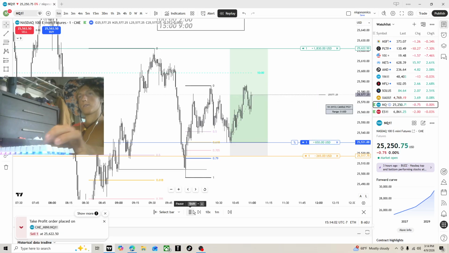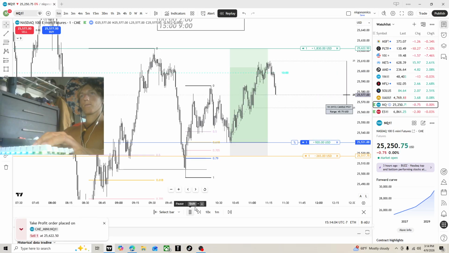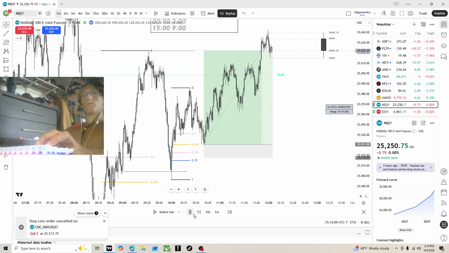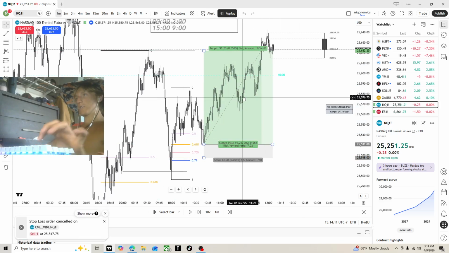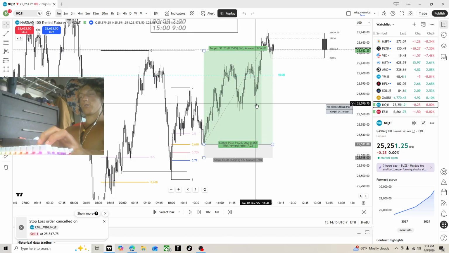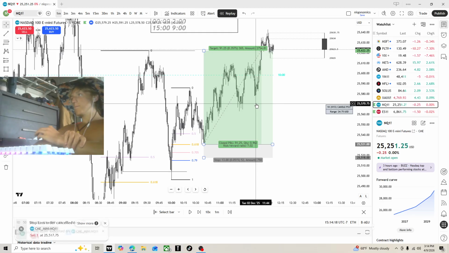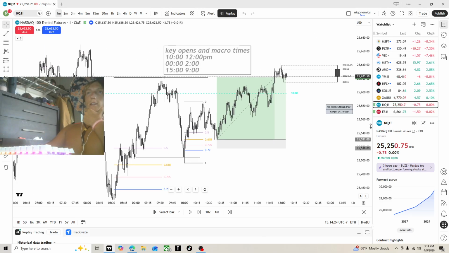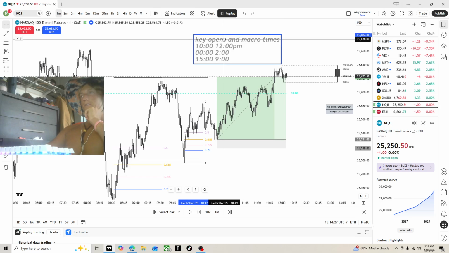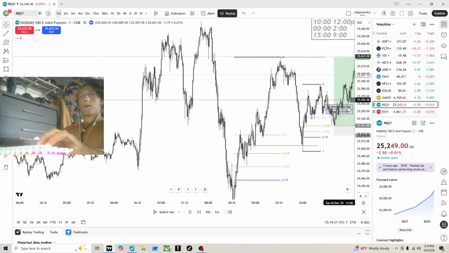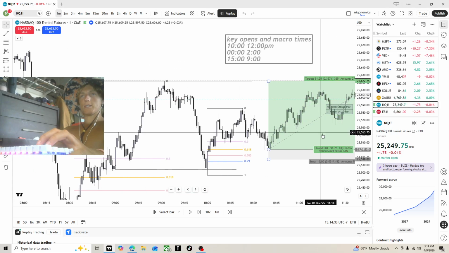And see. Kind of edge it. And boom. Boom. Completed the CRT of the noon candle. So basically what I find is that you have to use context along with these key opens. You can't just use any hourly candle. And it just aligns with AMD, right? So you can see that we get